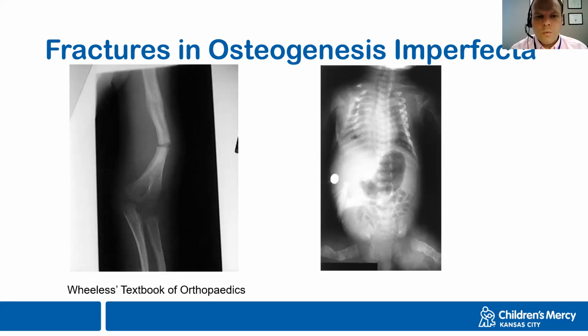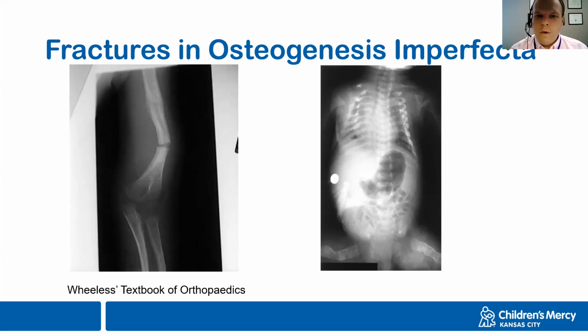In some of the patients with more involved disease, you may see these sequelae of multiple fractures, almost a crumpled appearance to the bones, and you may also see the ribs that have multiple fractures, and you can see some beading of these ribs from callus formation. Now, again, there's a lot of differences in fractures that can result, but these are some broad brushstrokes that I think about when I think about fractures in OI.